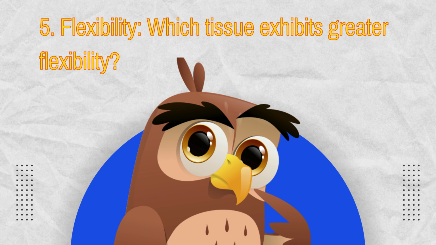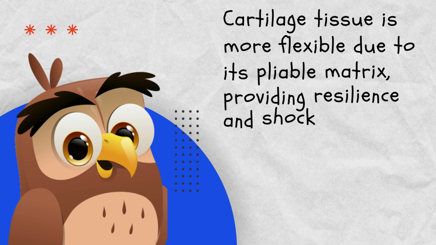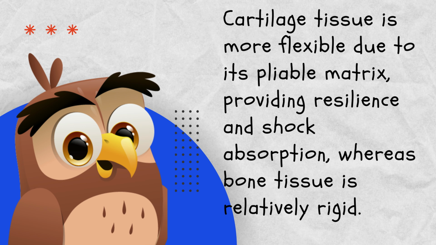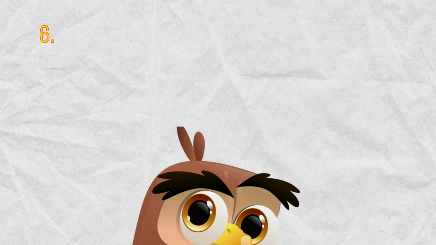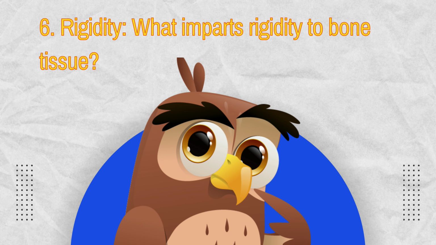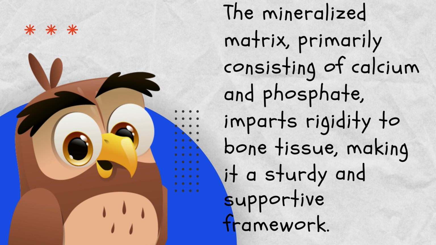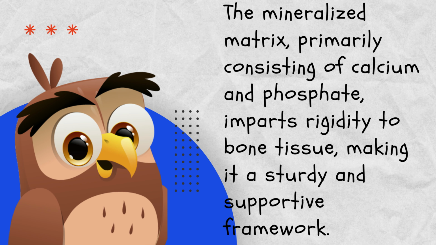5. Flexibility. Which tissue exhibits greater flexibility? Cartilage tissue is more flexible due to its pliable matrix, providing resilience and shock absorption, whereas bone tissue is relatively rigid. 6. Rigidity. What imparts rigidity to bone tissue? The mineralized matrix, primarily consisting of calcium and phosphate, imparts rigidity to bone tissue, making it a sturdy and supportive